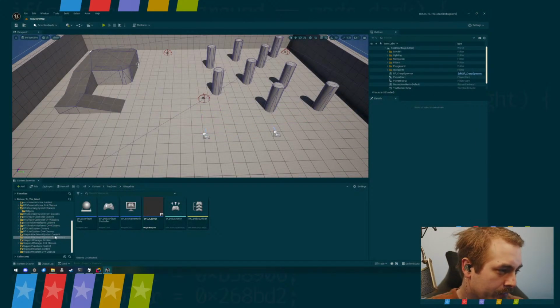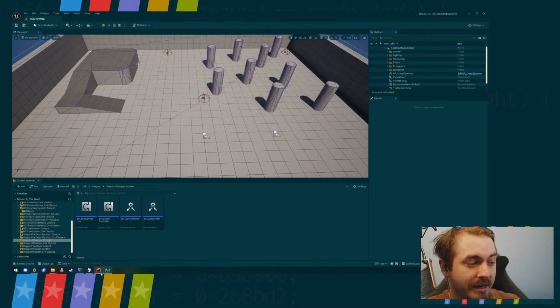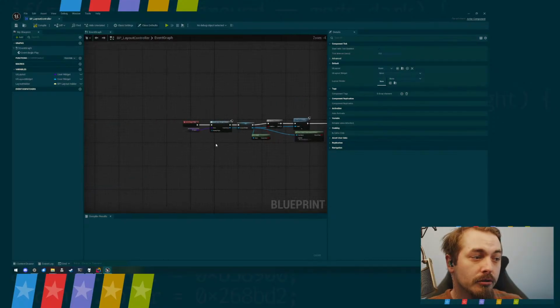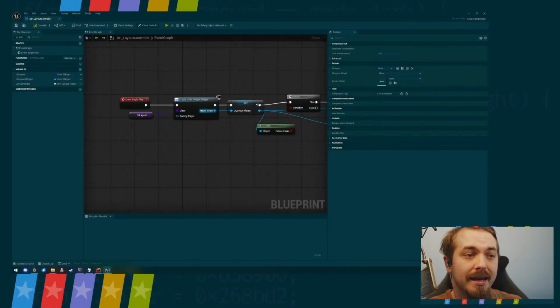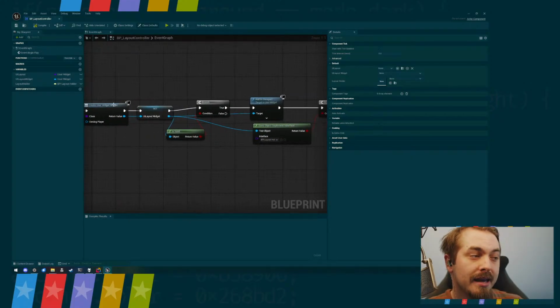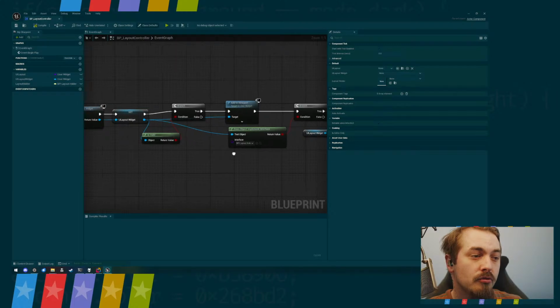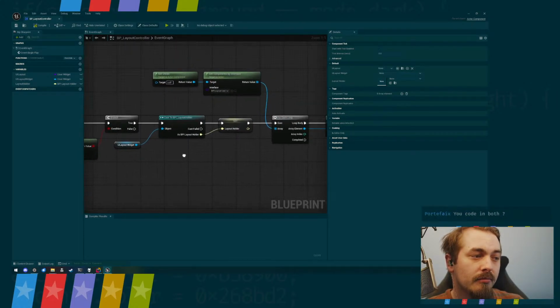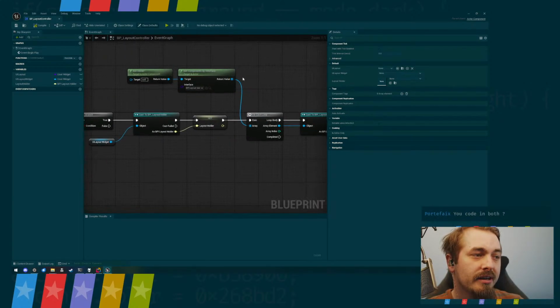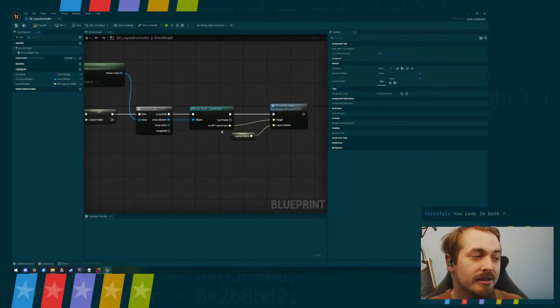We have a UI system that allows both the C++ and Blueprint side to make it a lot more dynamic. We have our layout controller, which you give a class to spawn as your layout. It then creates it, places it in your viewport, and then does the fun bit, which is it reaches out to all of the